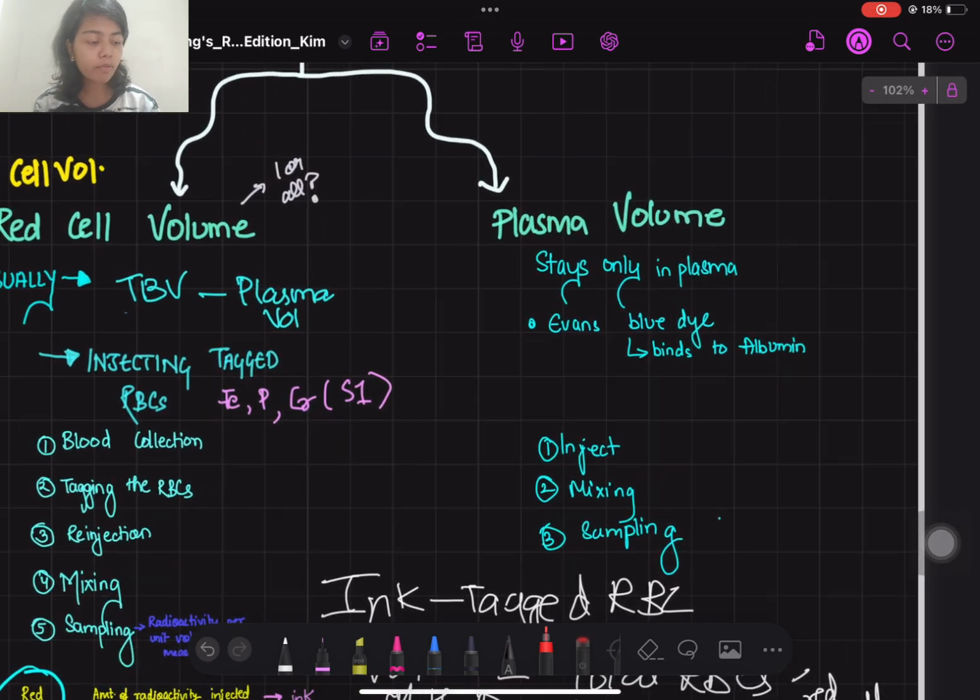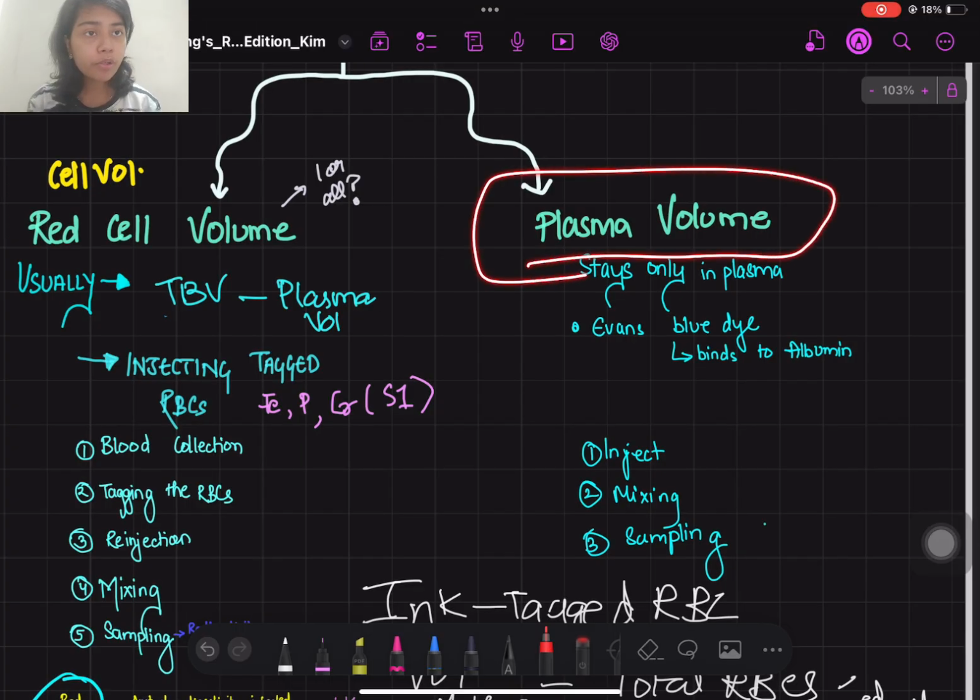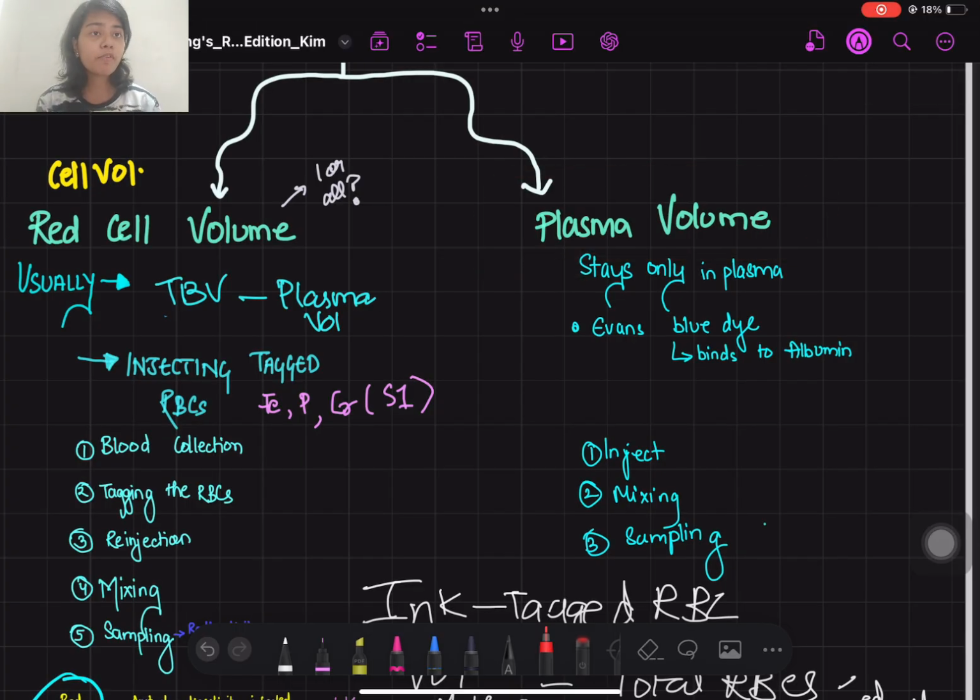And then is plasma volume. Now, plasma volume, how do you measure? For plasma volume, you don't remove the blood first and then separate it. In plasma volume, the benefit is that we have a dye, Evans blue dye, which will only bind to plasma proteins. We cannot inject a dye that will bind to RBCs, WBCs, and platelets, everything. So how will plasma volume be measured? For plasma volume, we need a dye which will only bind to plasma proteins. So Evans blue